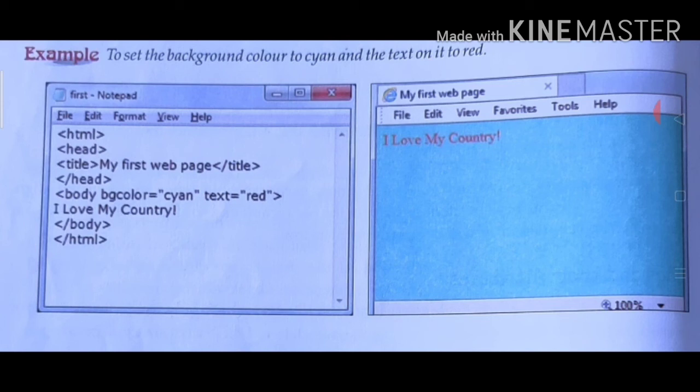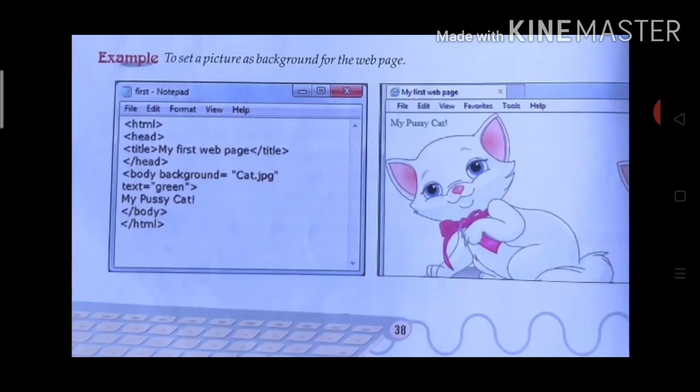Okay, let's move to the next example, to set a picture as background for the web page. Firstly, same as before, open your Notepad program, and after that write your source code in the Notepad window.